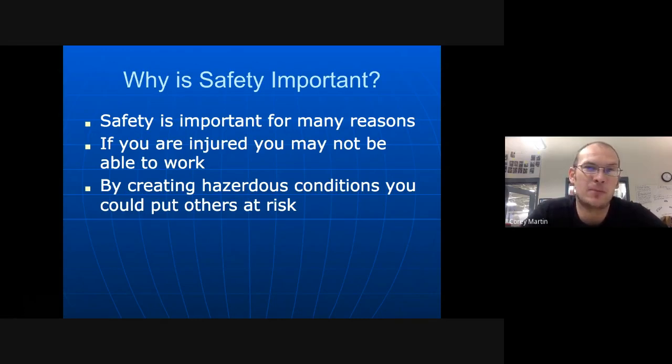So those are just two examples. There's an endless list of reasons why safety is important, but those are two that I always give with those specific examples, because I have seen people get hurt and have to take a week off without pay. And I have seen people get hurt because of messes that other people have created and then left and not taken care of. Somebody walks into a puddle of oil because they weren't paying attention, they slip and fall. That's just one example. So why is safety important? There's two reasons right there. You can probably think of some on your own as well.